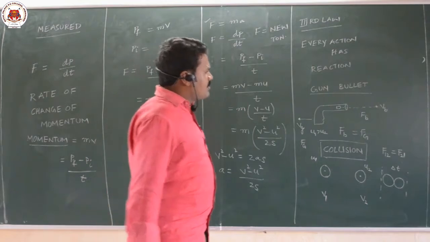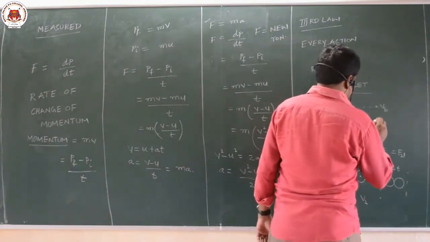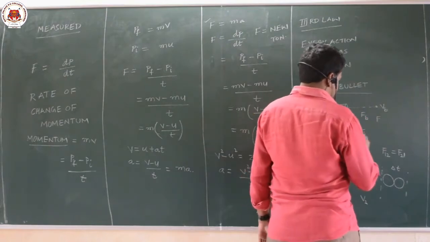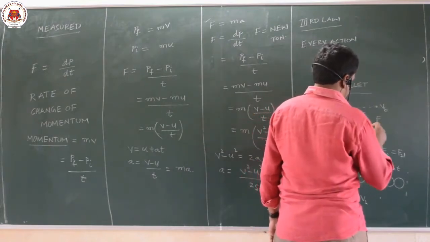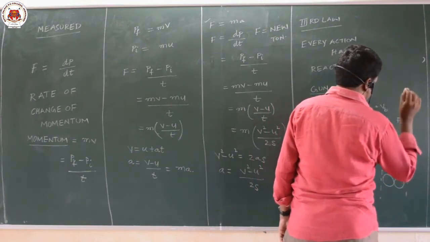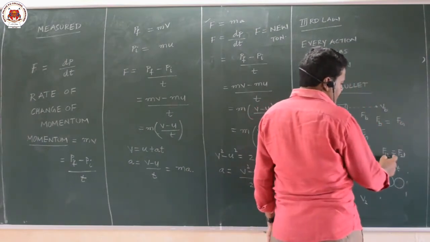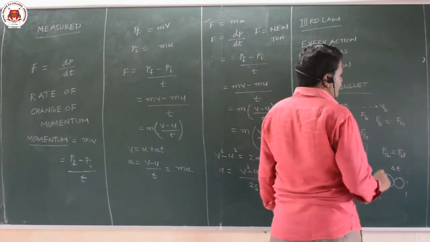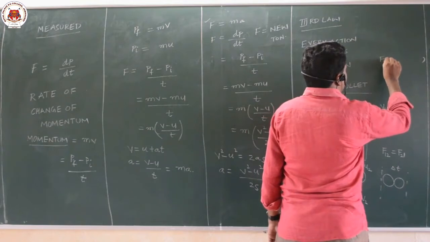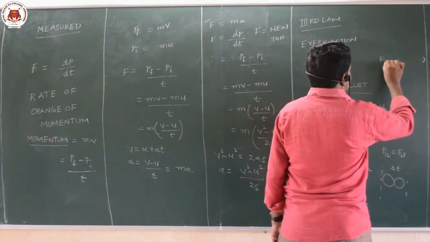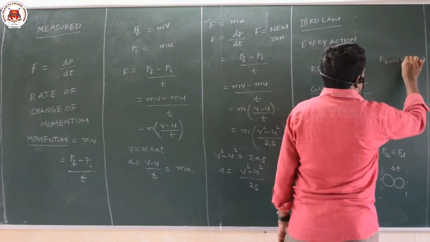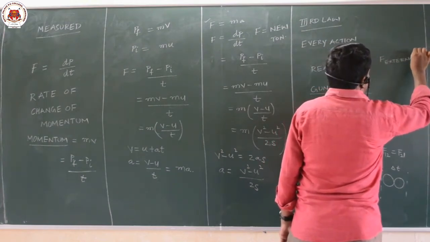And Newton's third law also proves that the force exerted on the bullet is equal to the force exerted on the gun. Similarly, the force exerted on the first body is equal to the force exerted on the second body. That means if the external force is 0, if all the forces are internal, if there are no external forces,